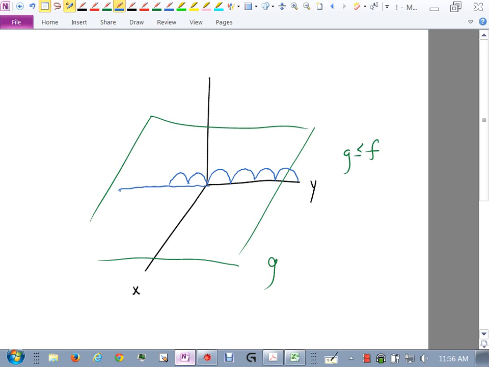Do you see that it's a sine squared? It looks like this. And now, since x isn't in that function, it was sine squared y, x wasn't there. That means x is free. So what this really looks like,